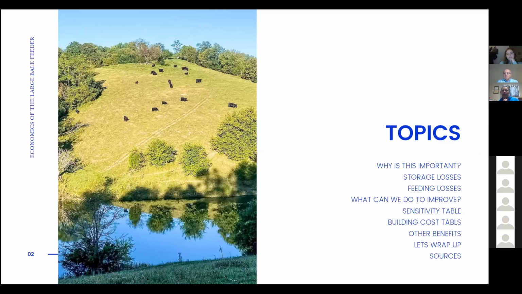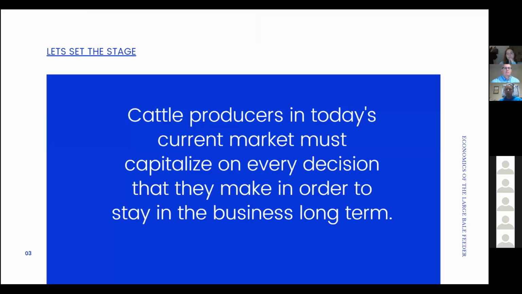And this is a picture of one of the farms from home. Cattle producers in today's market must capitalize on every decision that they make in order to stay in the business long term. And it's probably not just in the cattle market, but things are tight and there are so many variables that we each day make a decision about that impact our bottom line and whether we can stay in or stay out. While we all love farming, at the end of the day, we can't have 15 years in the red. It's just not going to pan out and work for us. So